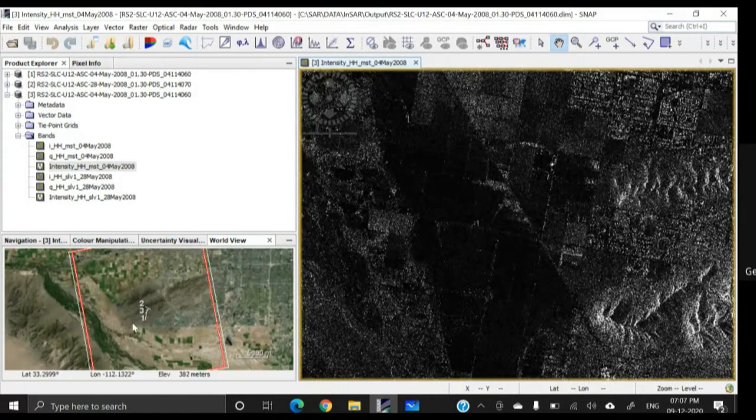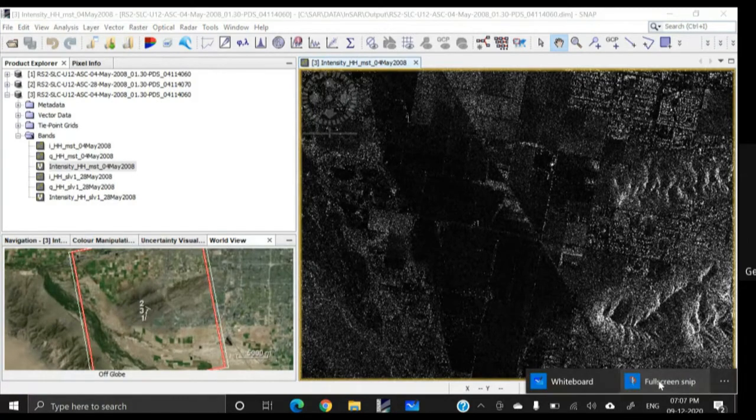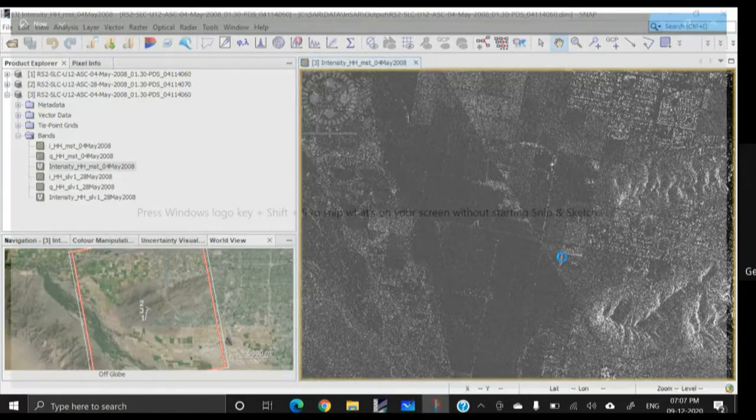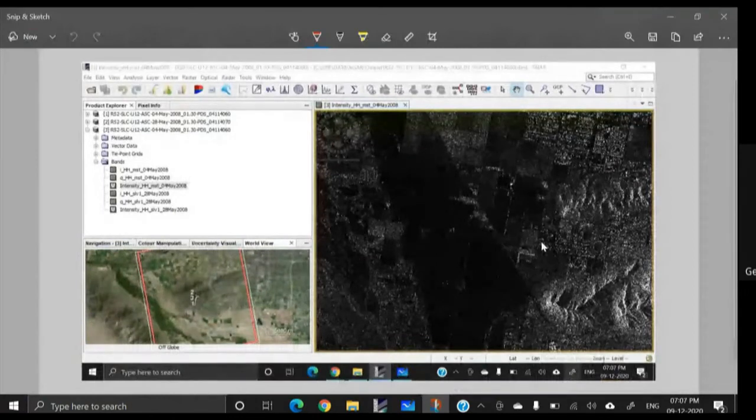Basically, this portion. Let me show in screenshot. Basically, this portion, where we have some water bodies, flat terrain, also we have vegetated area, and also we have variable terrain. Just to show you.